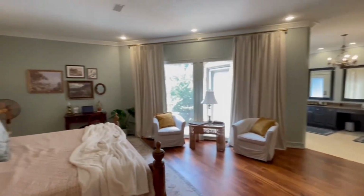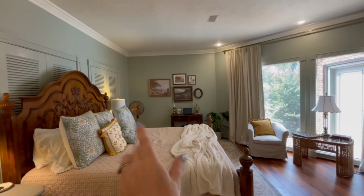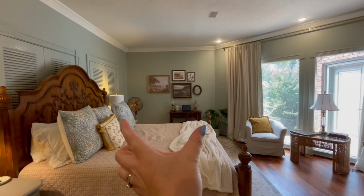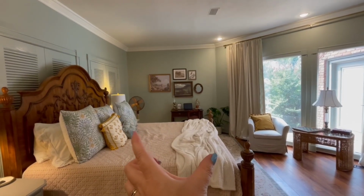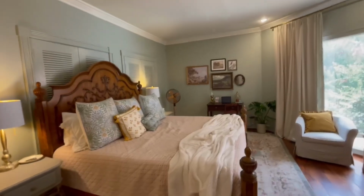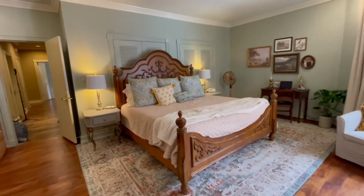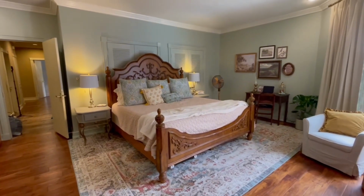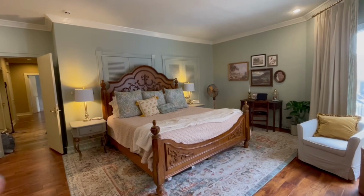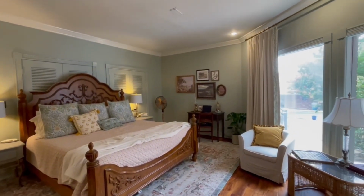Okay. So before we had the bed on this wall over here, and as you can see, even though our perspective is off, it's still not a very wide wall. And so it felt very much like the bed was in the corner. So we went kind of unconventional and moved the bed in front of the closets. But you can see now that we've got a lot more space on both sides of the bed. We have our nightstands on both sides of the bed again. We had room for the desk,